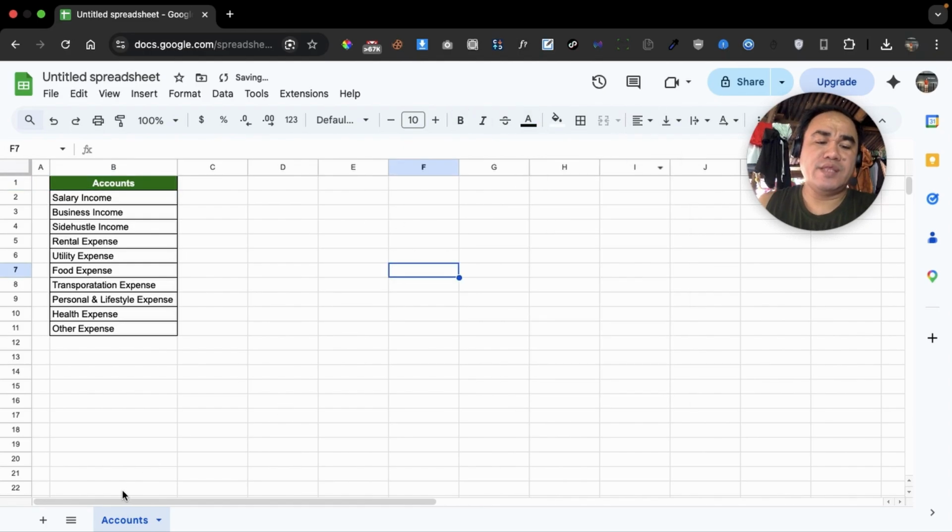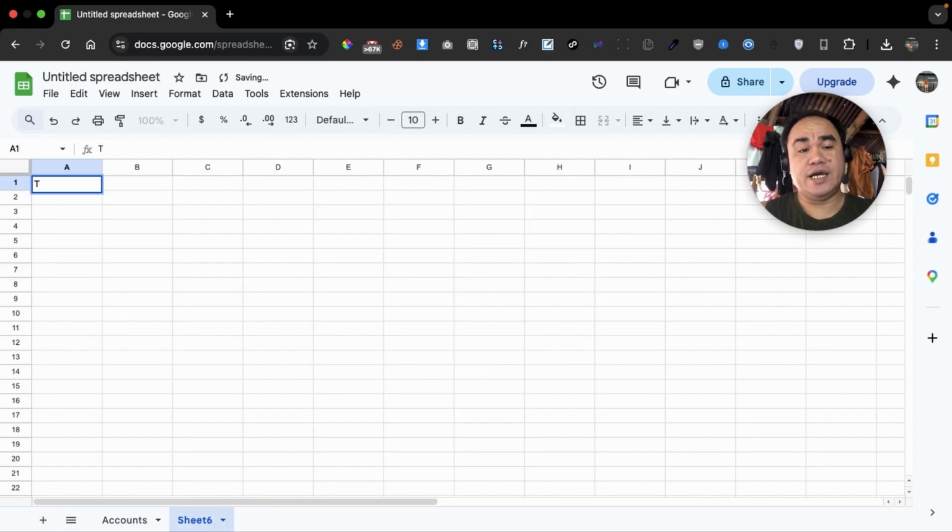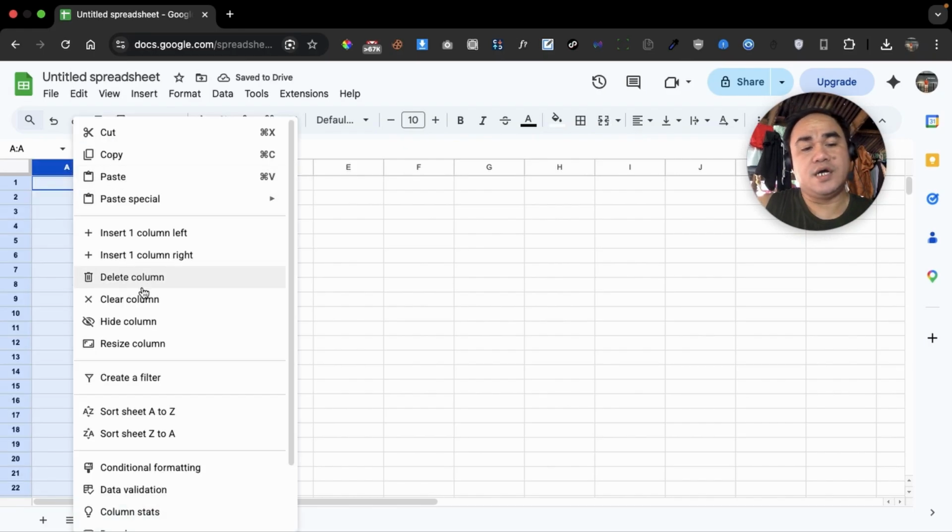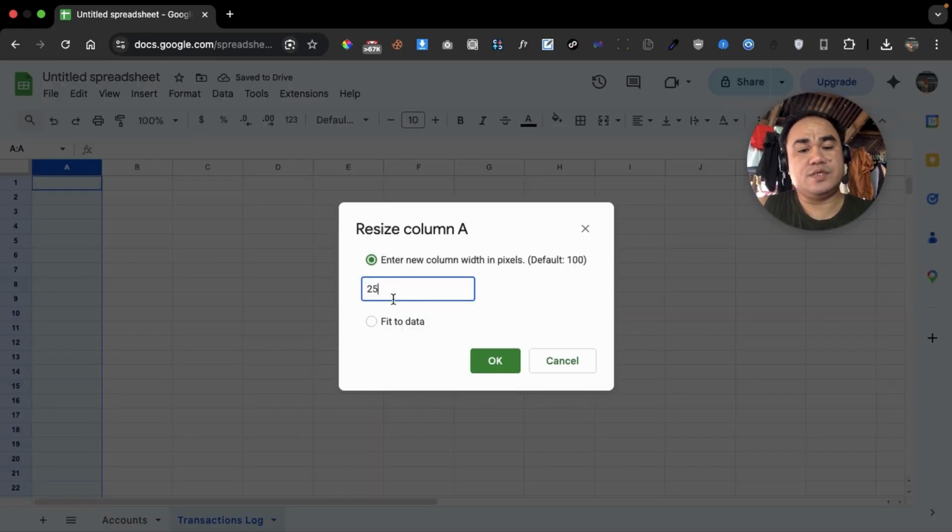Okay. And then next, we're going to add a transactions log, wherein we're going to type all our entries here for our transactions, like this money comes in, this money comes out, and then we're going to add notes and the date of transaction. So we will rename the sheet into transactions log, and then resize this column into 25,